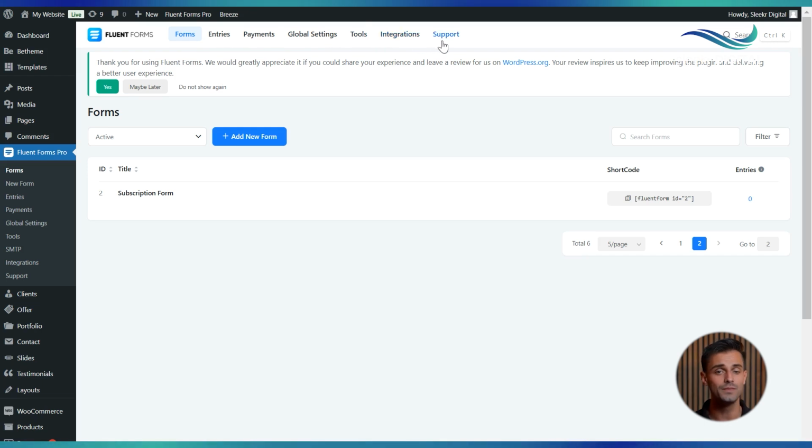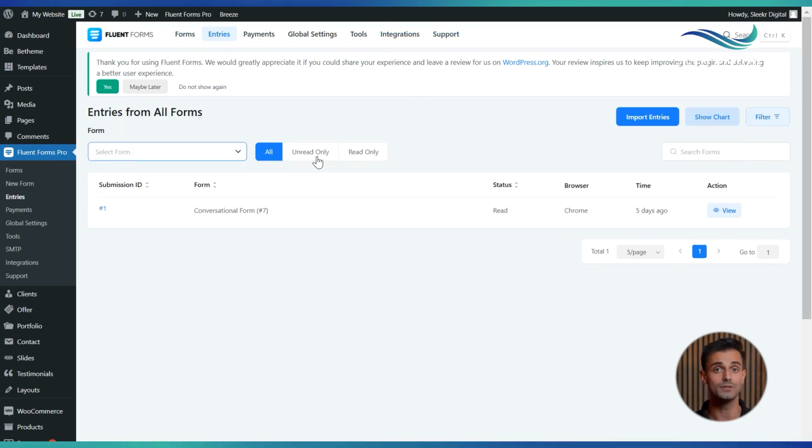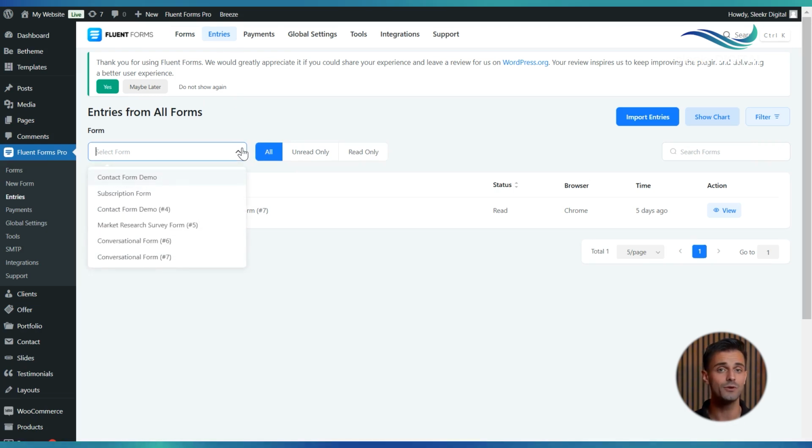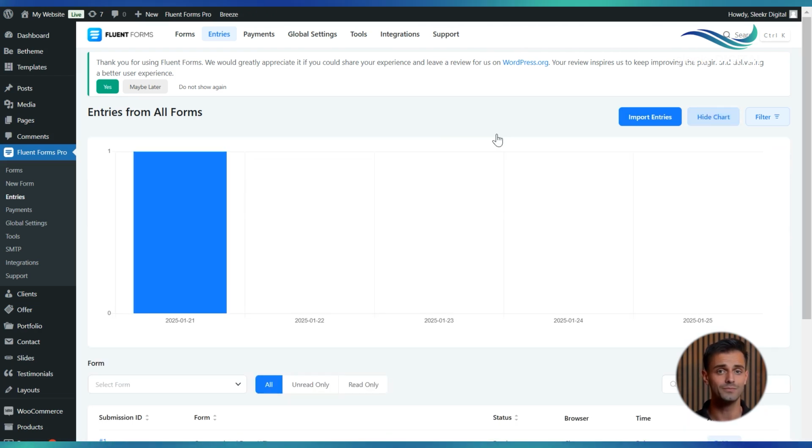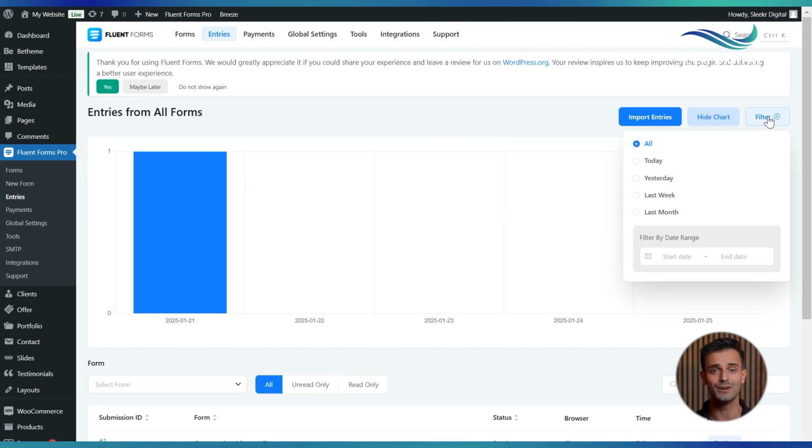Support. Now let's click on Entries. In the Entries from All Forms section, you can select a specific form to filter its entries. You can also filter to see all entries, unread entries only, or read entries only. You can also import entries from a file. You can also click on Show Chart to display entry data in chart form. Entry data in chart form can also be filtered by today, yesterday, last week, last month, or by a custom